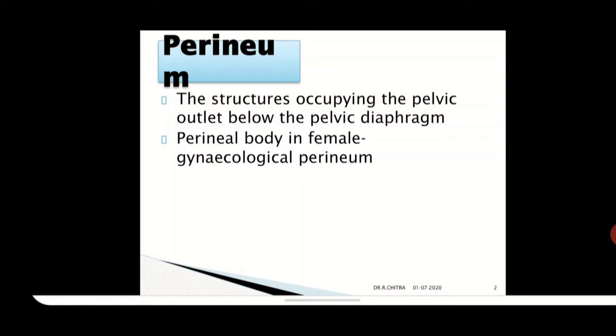So you have learned so many diaphragms in the body. The thoracoabdominal diaphragm separates the thorax and the abdomen. Between the abdomen and pelvis there is no diaphragm. Now between the pelvis and the perineum, the pelvic diaphragm.